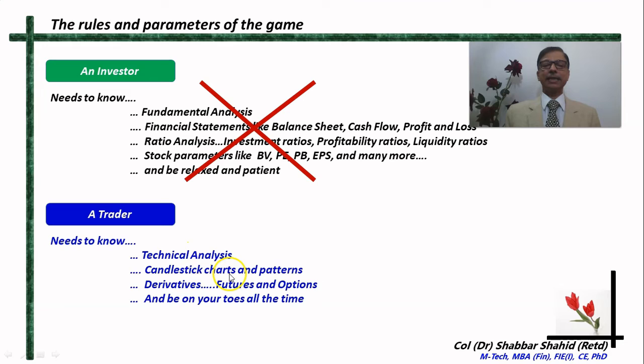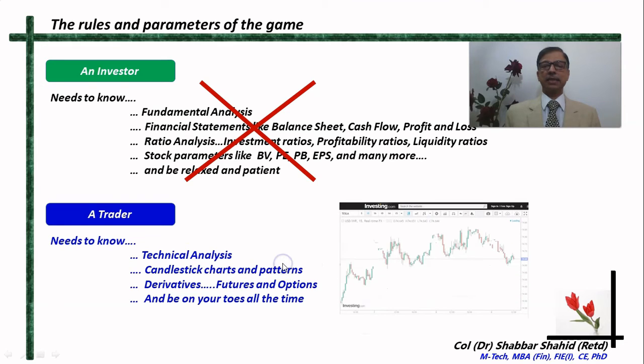Then you should know something like candlestick patterns, candlestick charts and things like that. If you have ever seen some charts like these candlestick charts, you should know how to read and understand these charts and patterns if you are interested in being a trader. All right, this concerns the technical analysis and the candlestick patterns. Then you should also know things like derivatives, futures and options. If you are a trader, then you will often need to indulge in futures and options. As an investor also, at times for the purpose of hedging, you indulge in futures and options, but as a trader you do that more often.